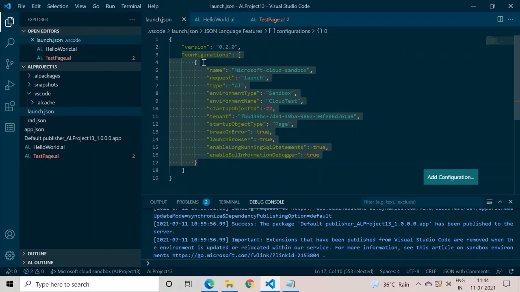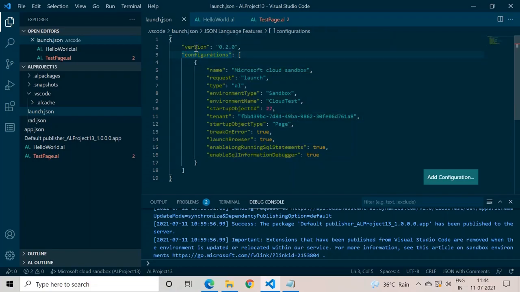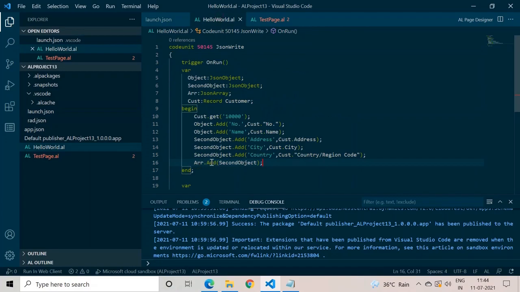But after doing so, we still need some more information. We need to do something more. In this file, as we can see, the configuration category is a part of the main braces, the main object. Although we have defined an array and added the second object in this array, we have nowhere defined which object this array is a part of.